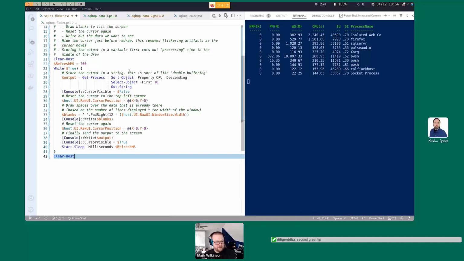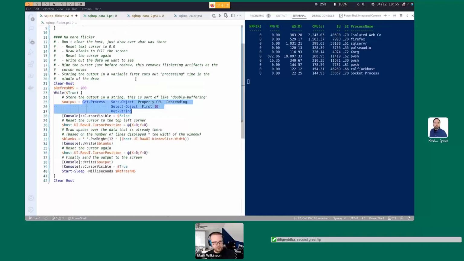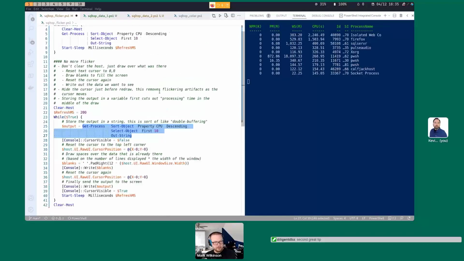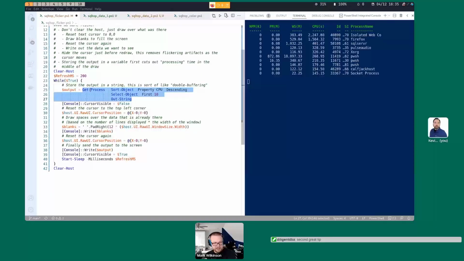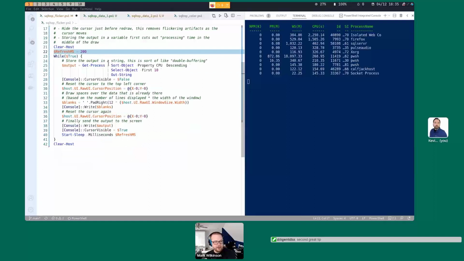So I said before that we're using a concept known as double buffering. This chunk of text right here is the same thing we were using up at the top. The only difference is that I'm putting it into a variable. All right. And then I am hiding the cursor. This console: